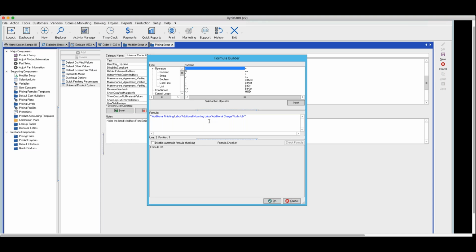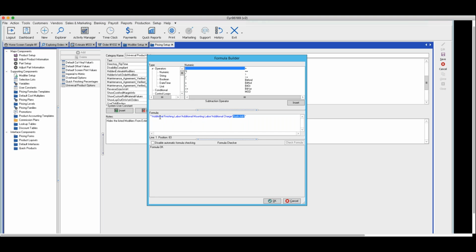And we want to hide the modifier for additional charge. And then lastly, the one that I do want to demonstrate is the rush job. It did not appear, the bullets did not appear, because of this phrase that I added to this